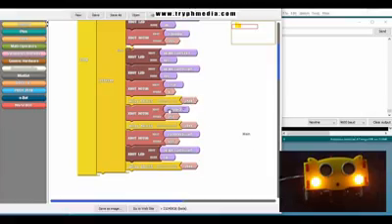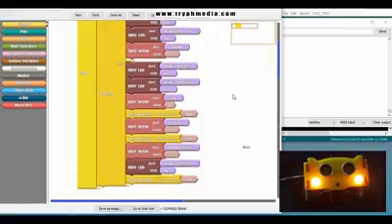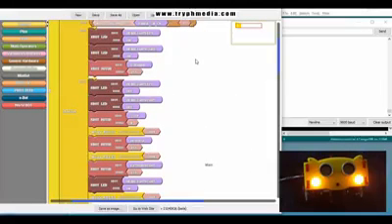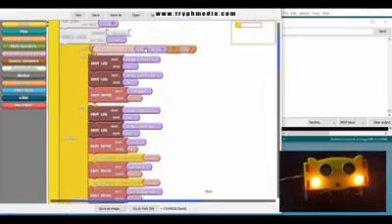After stopping, we will reverse our robot to get away from that obstacle, and we'll do that for 1 second, and then we'll do an extreme right because we already know that there is an obstacle in front of us. So we try to go right and turn on the right light, and we'll do that for 1 second, and then it will go to the first loop again. There it will detect if there is an object. If there's none, we will move our robot forward again. Okay,